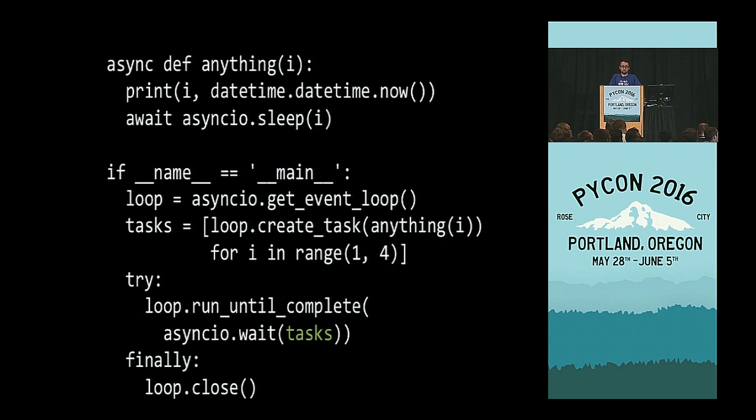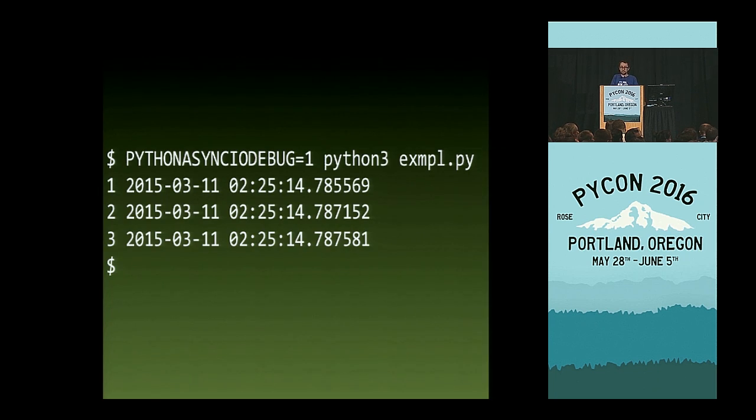Async IO provides many of them, and one of them is wait. You can create multiple tasks and tell the loop, please wait on all of them. This is how you would express this. Run until complete, we're now actually going to execute everything as you would expect. No lies here anymore. This is how it runs.